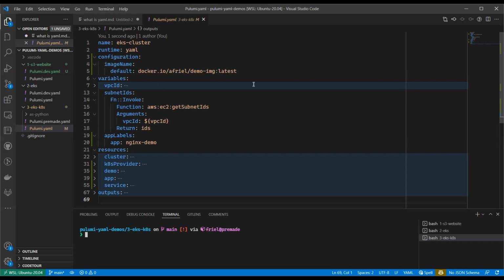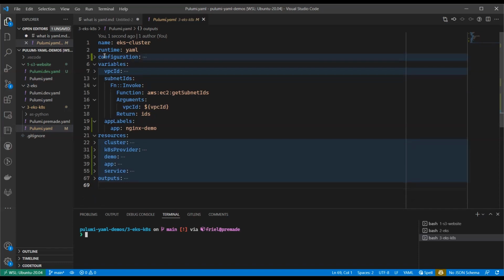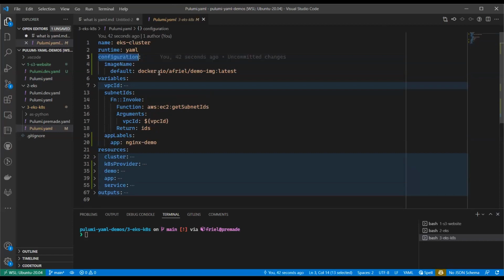So I'm adding a few new things into this document. First, we have a configuration key. This is equivalent to, in our other languages, being able to say config.get Boolean, get string. This is in case you have a default value that you want to provide for referencing config.